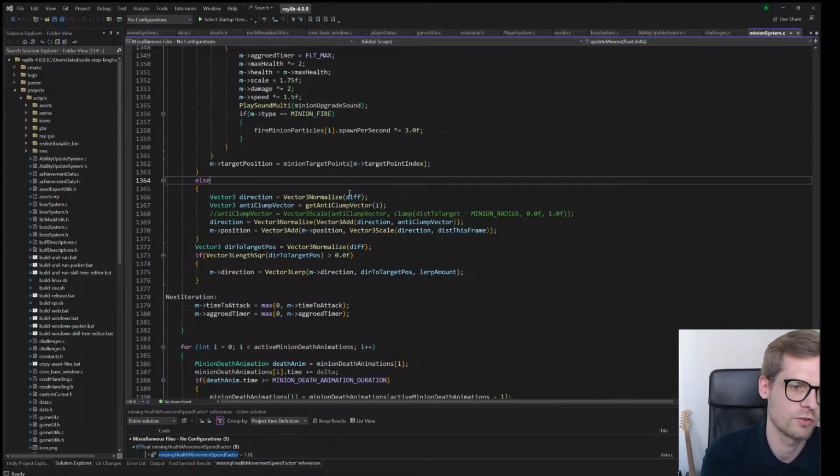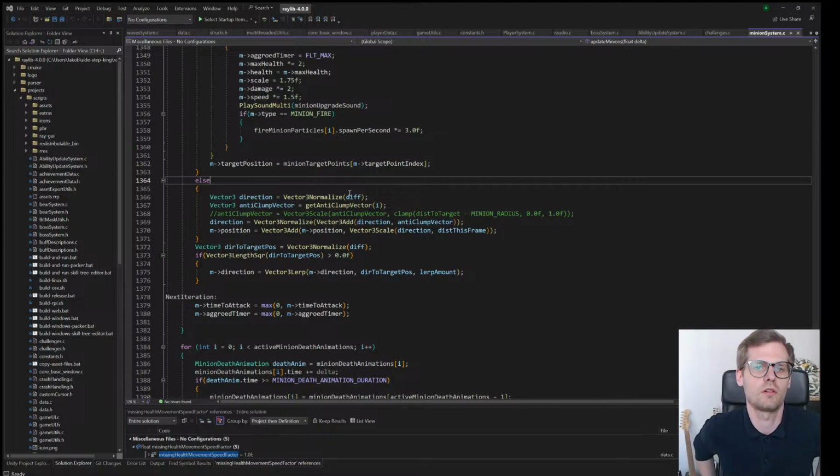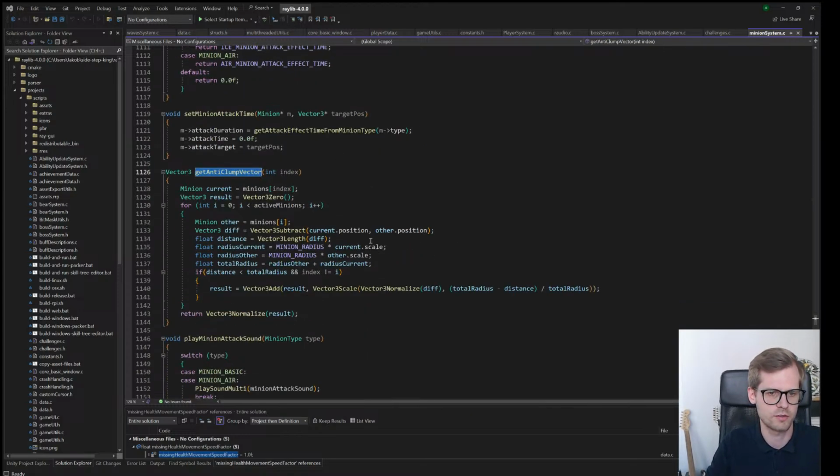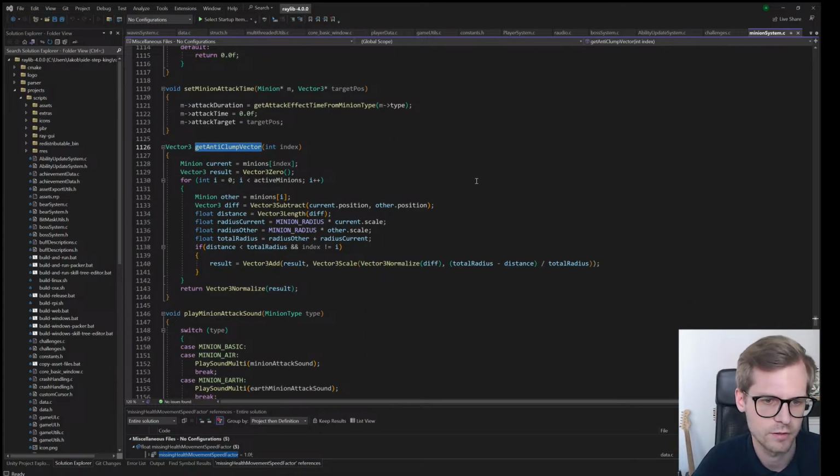It meant that you could very easily kill all of them with a really low area ability, but it also meant that if you got close to them, then you would instantly die because all of them would attack you at the same time. So I implemented this anti-clump vector, which goes through,